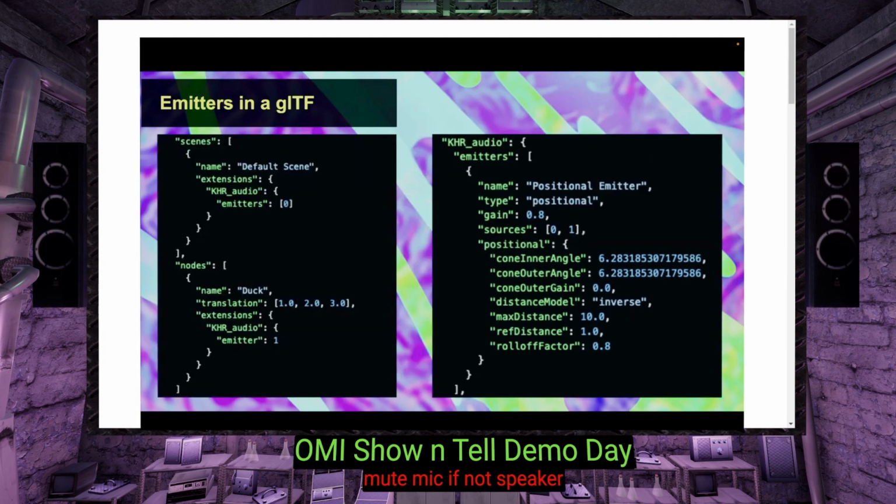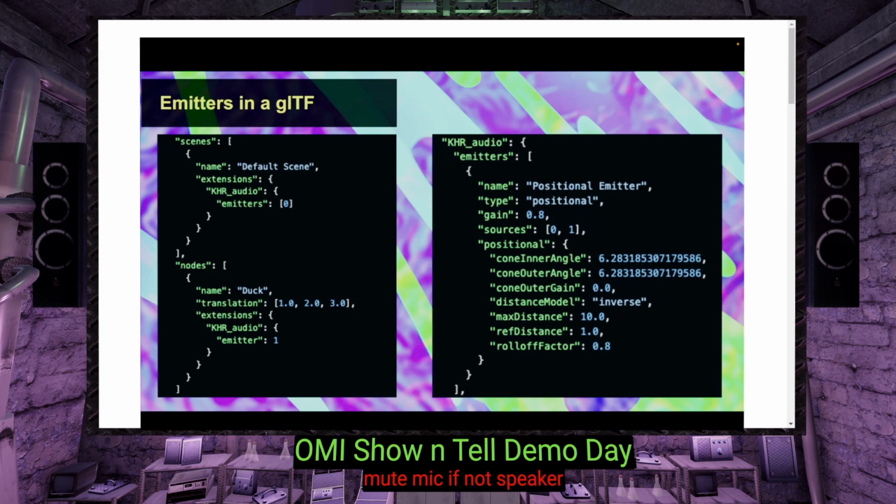So this is what it looks like in an actual glTF file. We have on the left-hand side, you've got scenes. And inside of the scene, you can have global emitters. So like this, you can tie an emitter to the scene, or you can tie the emitter to a node, a specific object in the scene. So in the case of this scene here that has an audio emitter, it would probably just be 0, 0, 0 that you would deduce the object should be playing. And maybe that emitter is playing global audio, so the position doesn't matter at all.